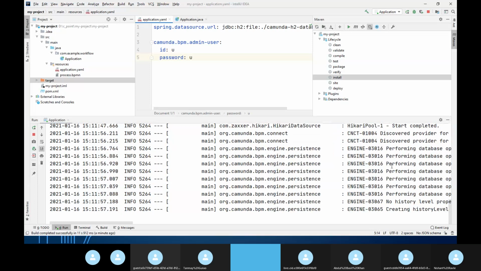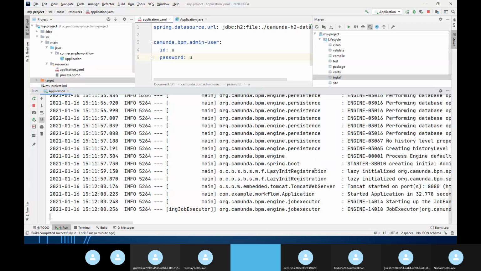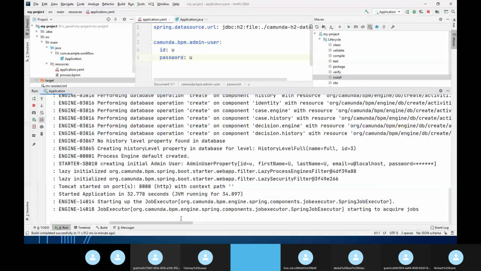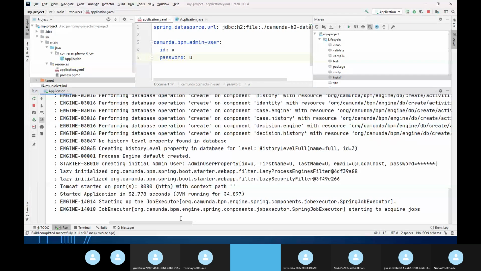Usually for demonstration I am using this much font. If I want to see the logs this much, no one will scroll. So when you are developing, maybe you can minimize the log so that the more we have on screen, the more we will be able to grasp at one point of time. It may depend on each person. I can see that by default the port is 8080 and it is running on 8080. So I don't need anything else.